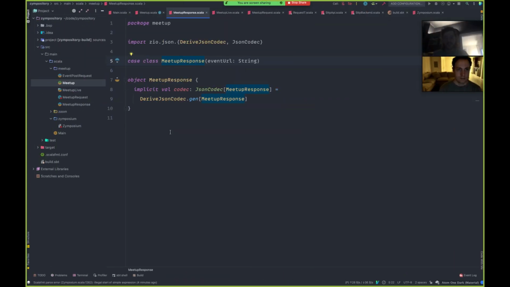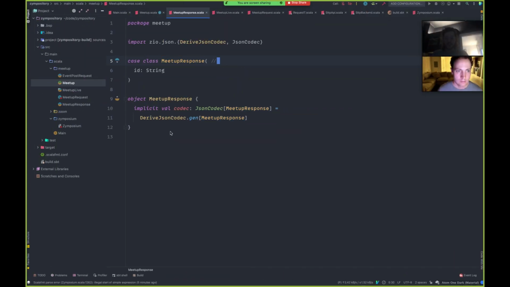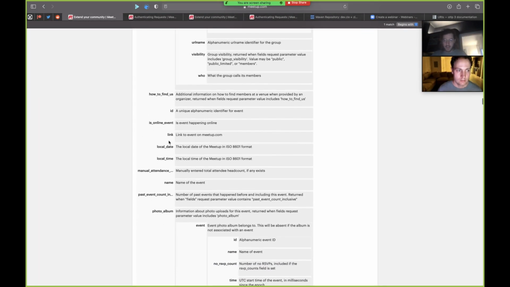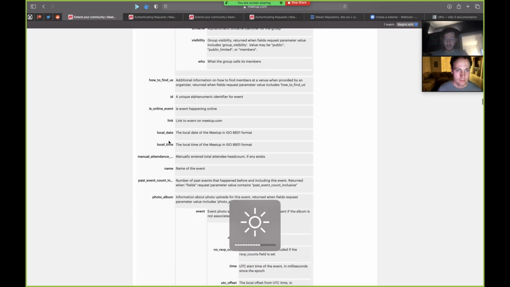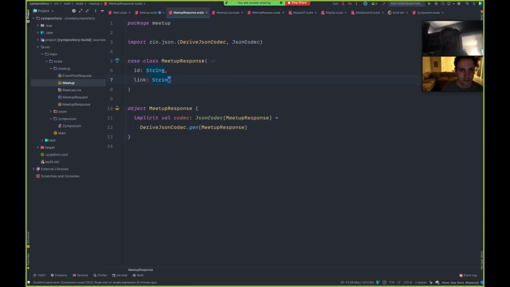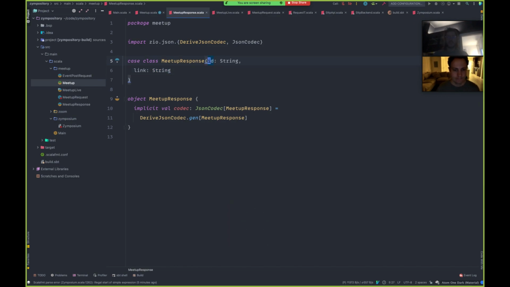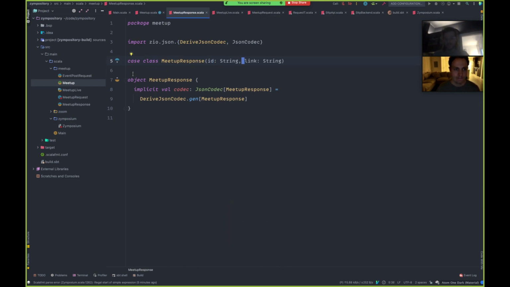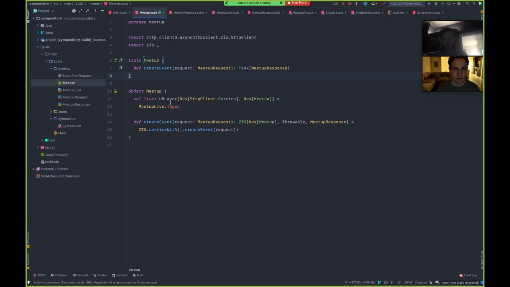So, okay, I'll take the ID, which is probably, I don't know what it is. But I want to find the actual URL. So, oh, the link string. So these are really the only things I care about currently. Really just the link even, but I'll also take the ID just to make sure it worked. So this should be able to just parse it.